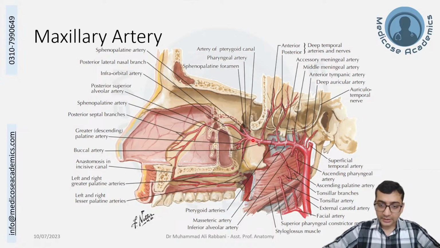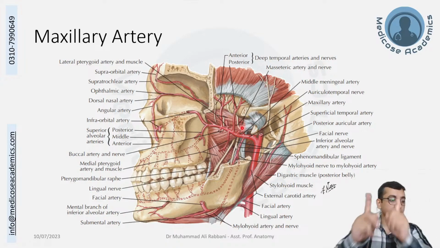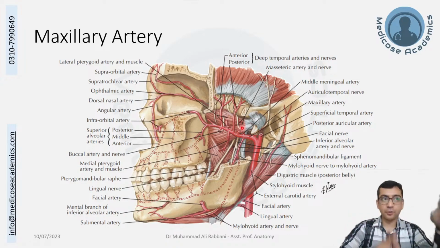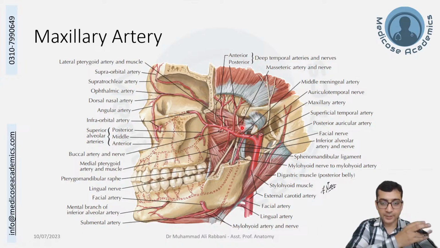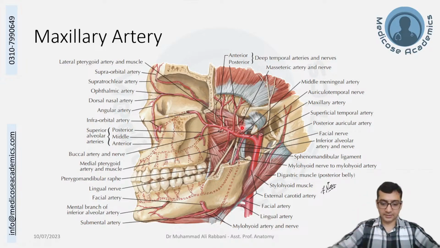And the third part is after crossing the lateral pterygoid muscle, when it is inside the pterygopalatine fossa. So there are three parts: before the lateral pterygoid, at the lateral pterygoid, and after the lateral pterygoid, that is the pterygopalatine fossa. Each part has five branches. An interesting way to remember is that